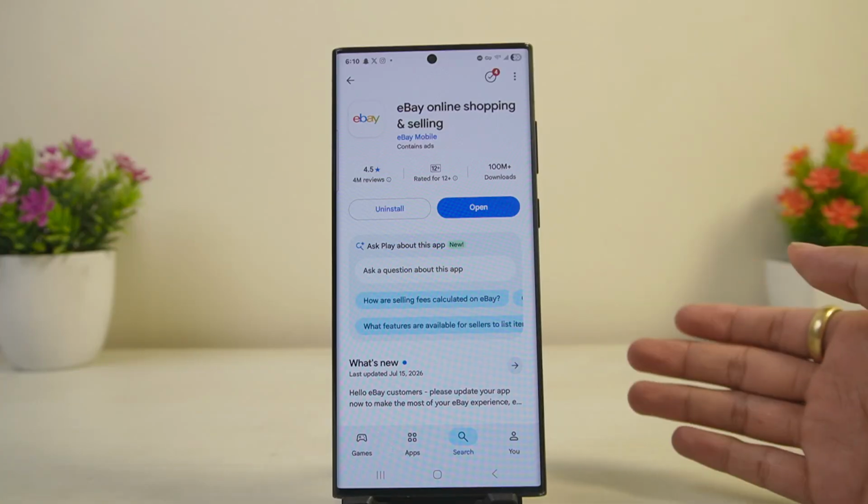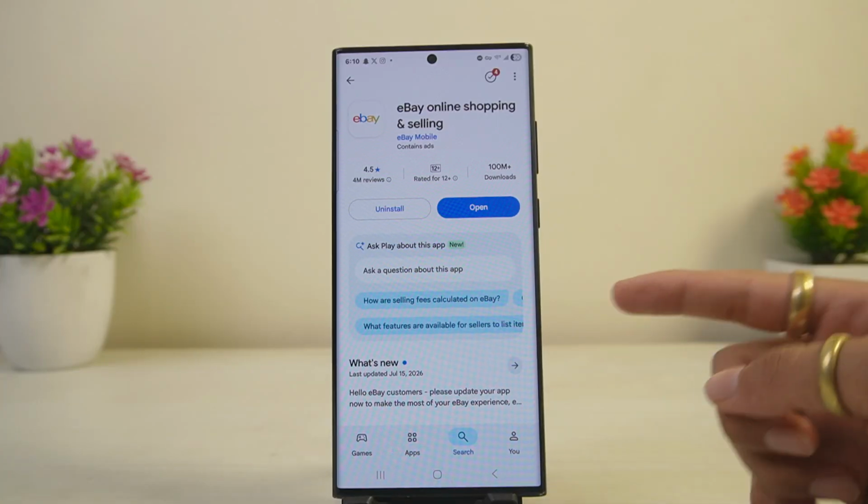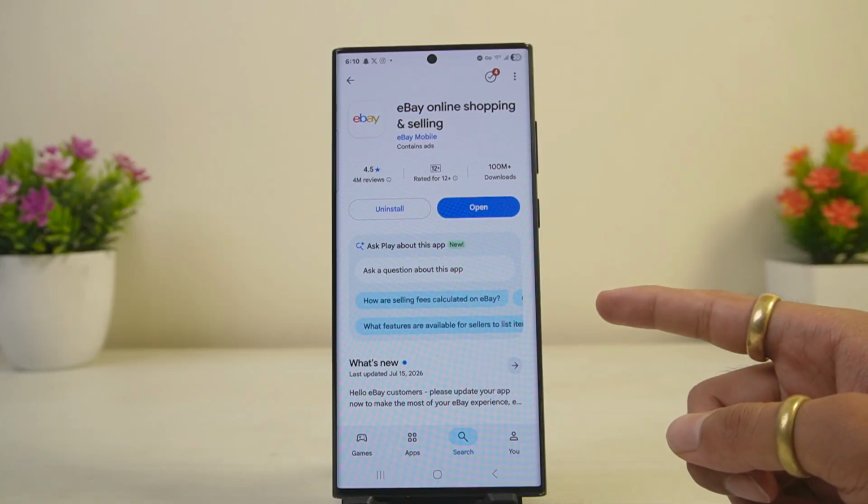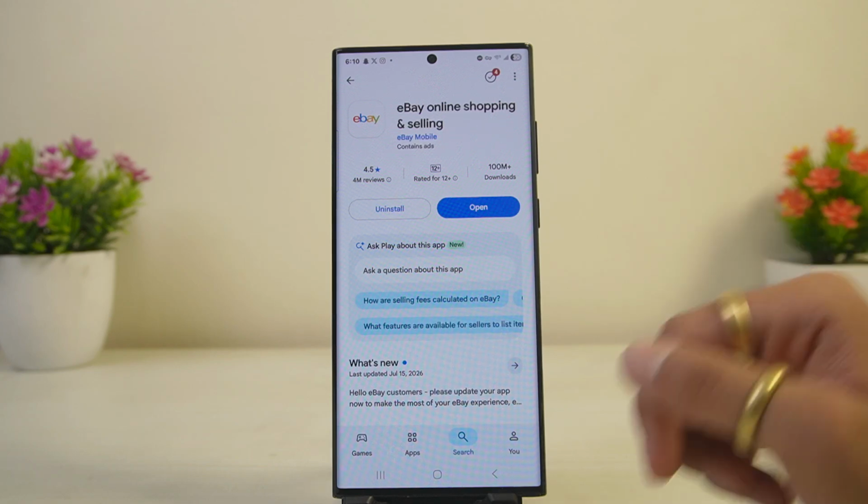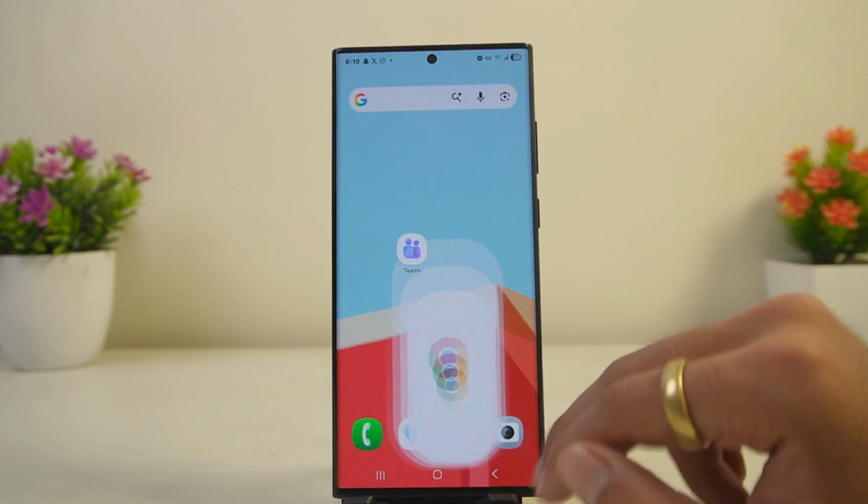How to use eBay price research feature. To use the eBay price research feature, first of all, go ahead and launch the web browser of your choice